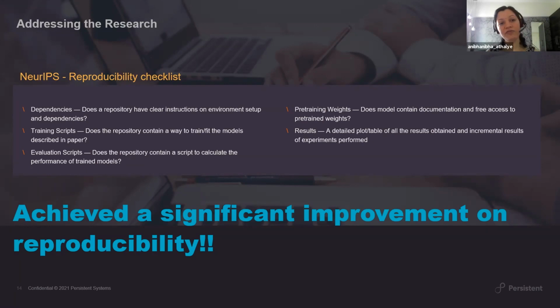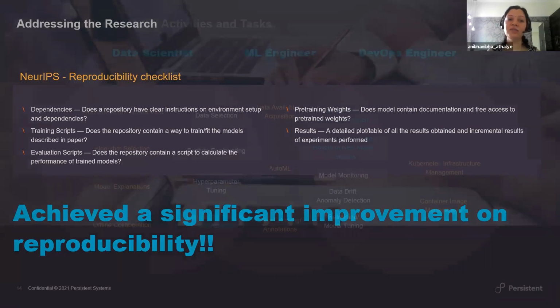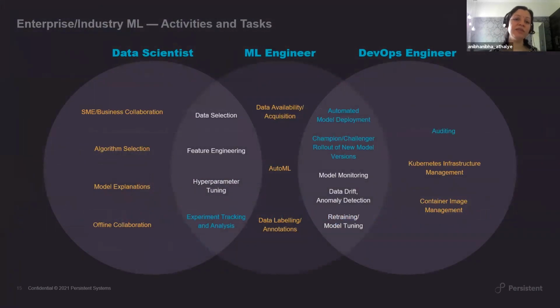Now, moving on from the research aspects, where you are targeted towards using certain sample input data, proving certain outcomes on top of that, or observing certain experiments and then concluding the results, we'll move to the industry part of it, wherein beyond the basic model development there are a lot of activities and tasks that need to be done. So when we look at building a complete AI machine learning enabled application, you're looking at three major players that play a role in building this.